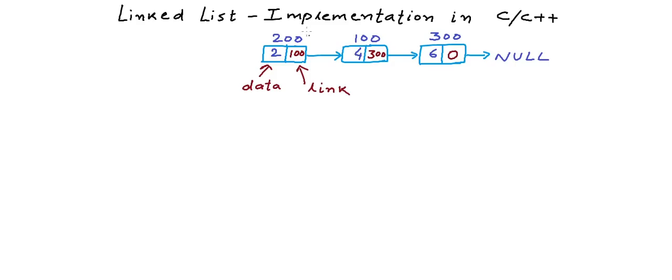The memory block, the address of the memory block allocated to each of the nodes is totally random. There is no relation. It's not a guarantee that the addresses will be in increasing order or decreasing order or adjacent to each other. So that's why we need to keep these links. Now the identity of the linked list that we always keep with us is the address of the first node, what we also call the head node.